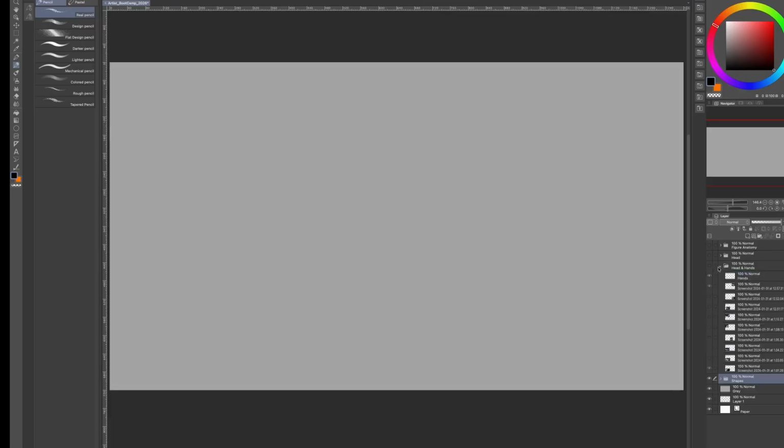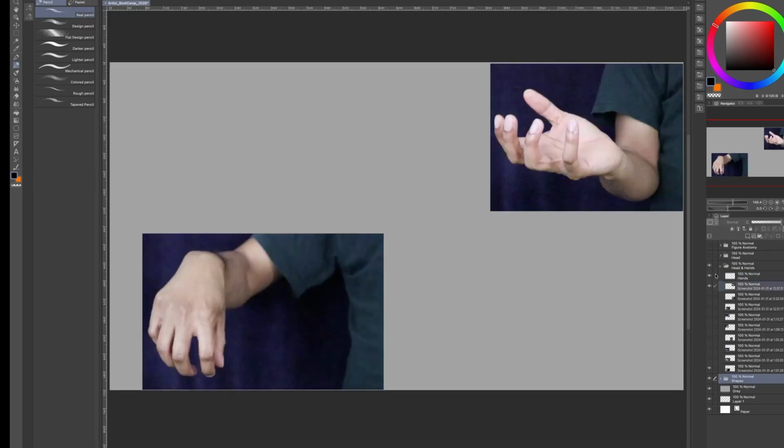Now the key point to all of this, and the most important thing to learn, is that everything around you is composed of simple, complex shapes and lines. So here I have photos of my hands I took with my phone in various positions, and I construct everything using simple shapes,